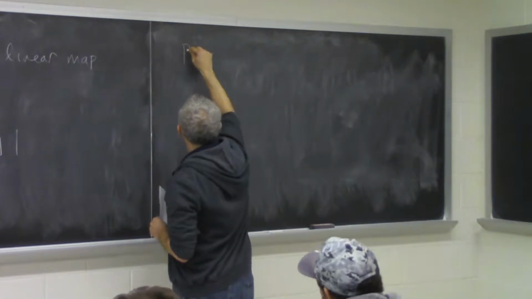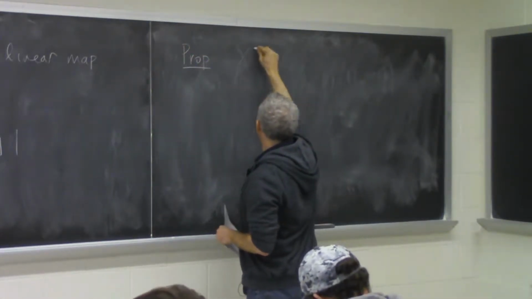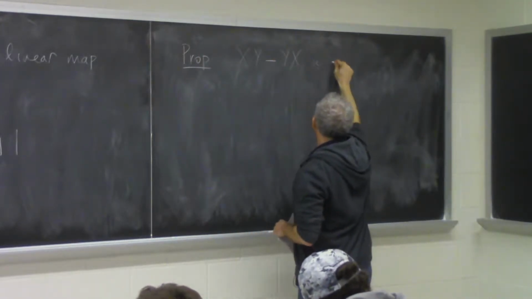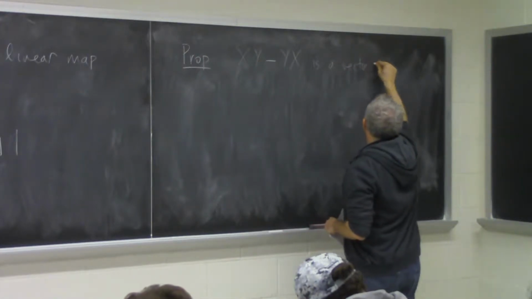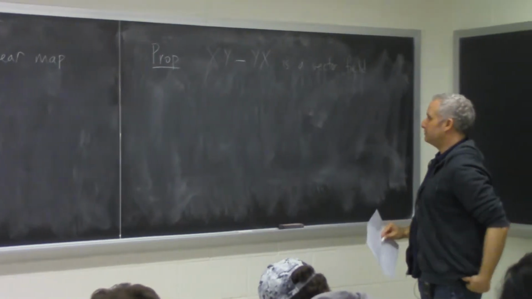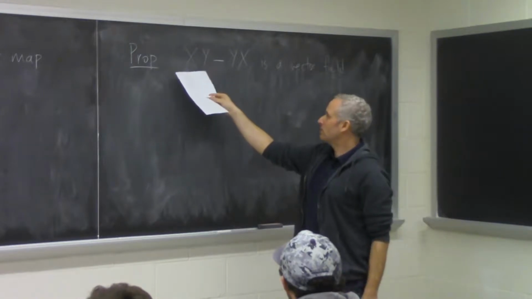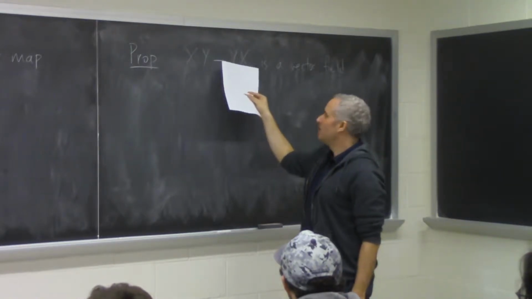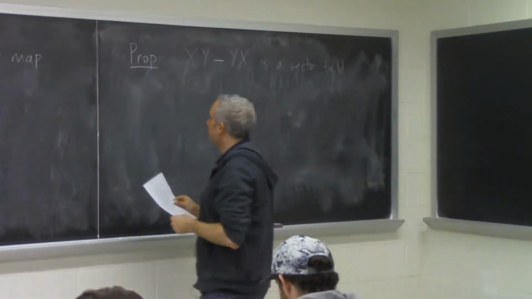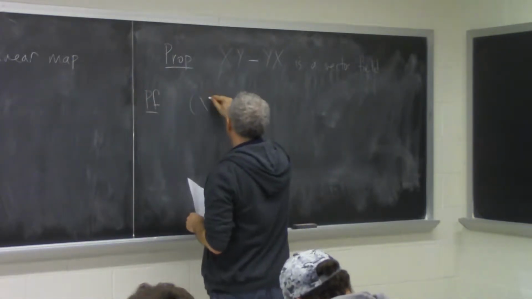Understanding it, we'll see very soon that even though XY is not a vector field, if you take XY and subtract YX, this is a vector field. And this is easy to prove from the definition. As you might guess, the problem terms for XY composed this way and YX composed this way cancel each other out. So let's see that happening. We started on this journey last time, but let's finish it.